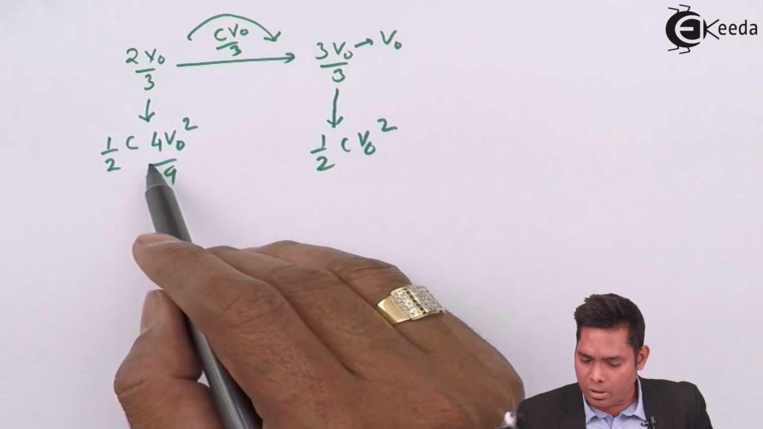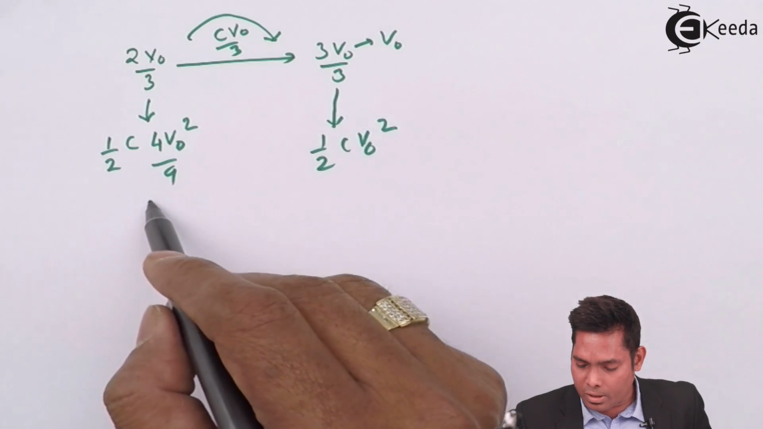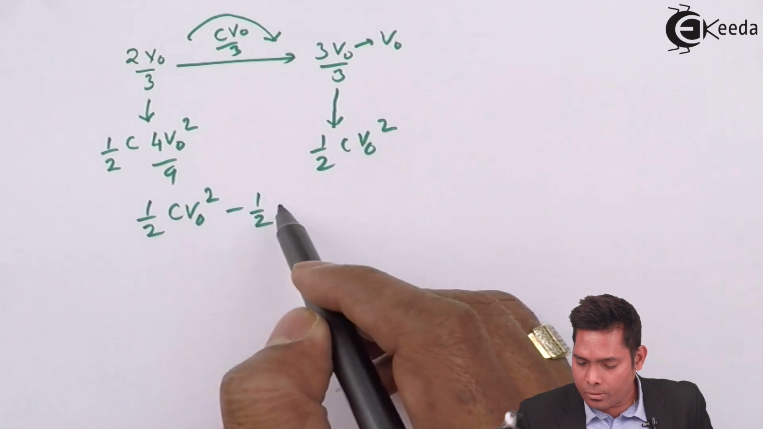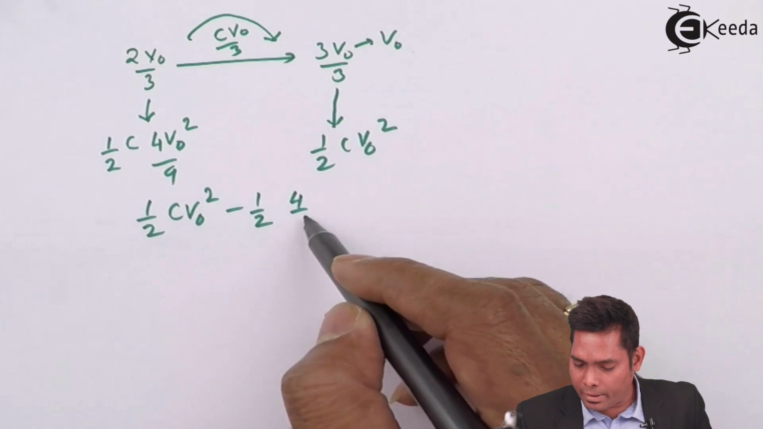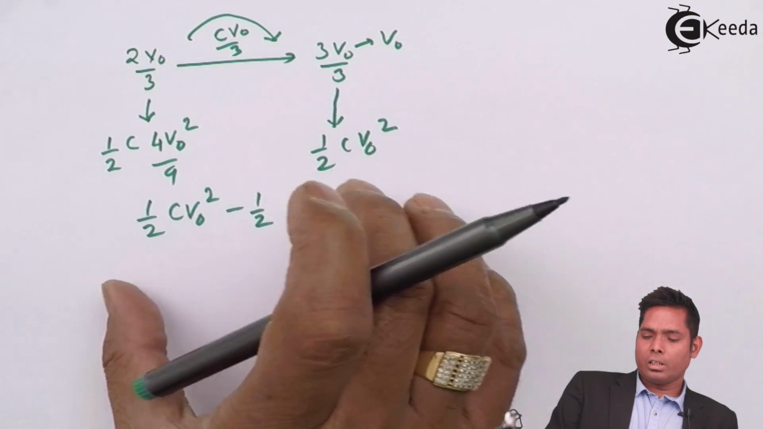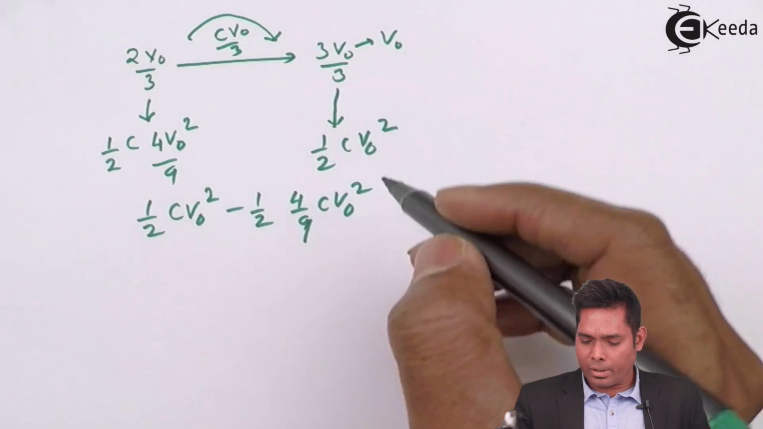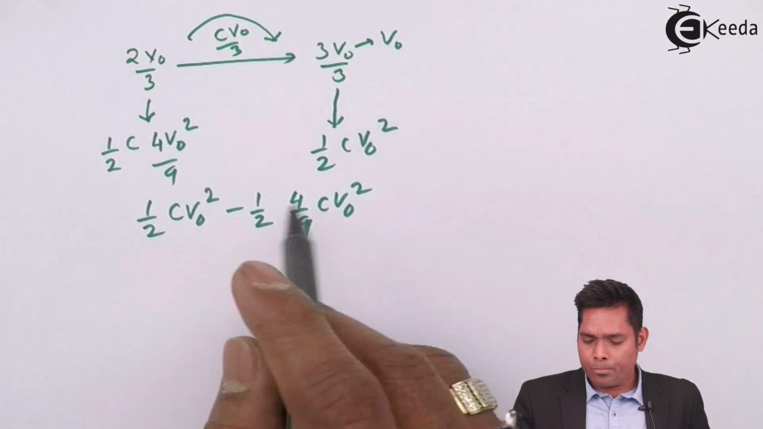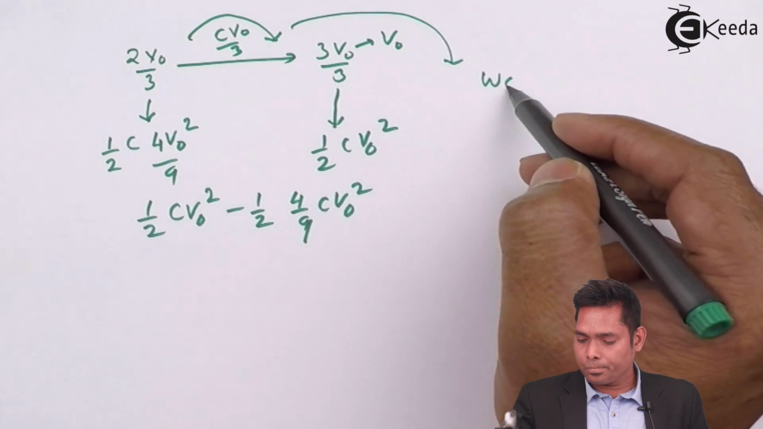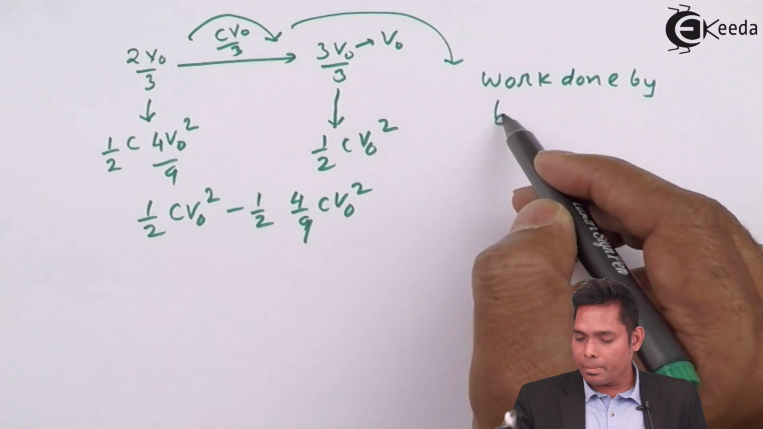The difference, I will take first, is half CV naught square minus half 4 by 9 CV naught square. This is the difference of energy that actually is transferred, and the work done by the battery has to be subtracted. This work done by battery